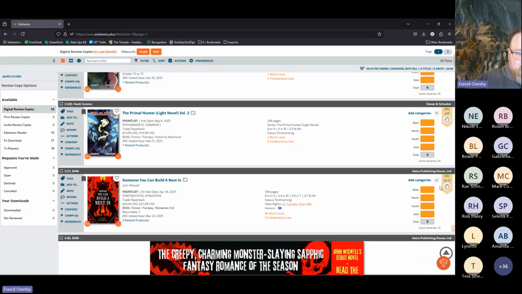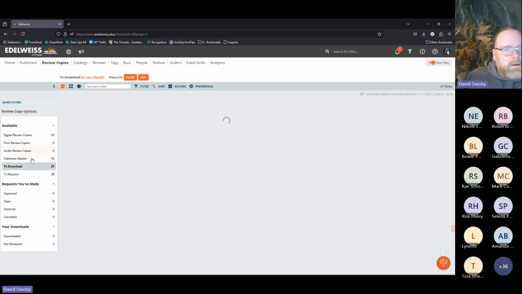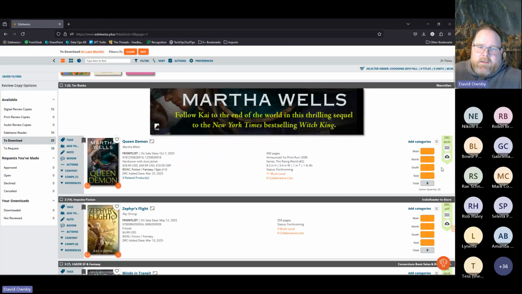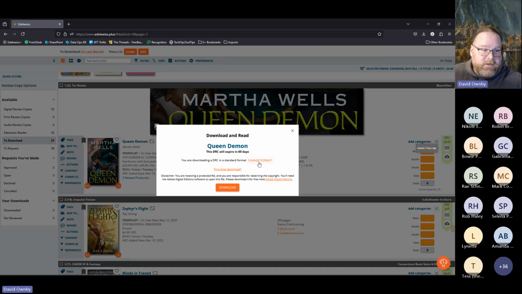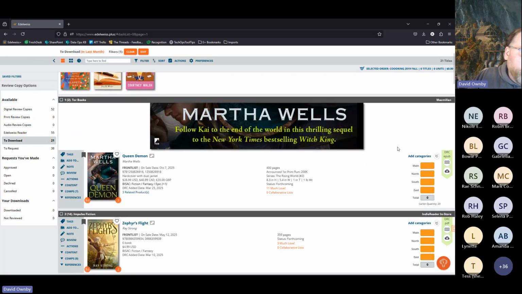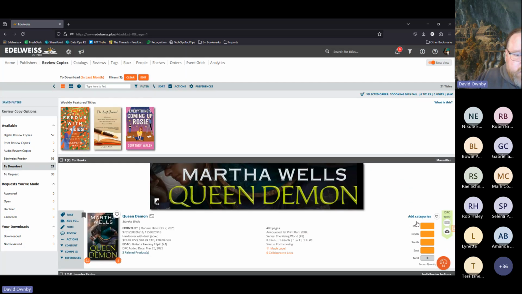So if you see that hand icon, it always means that you are going to be submitting a request, which you can see here, there are a total of 38. If you see this logo, it's a much more pleasant green when it loads. This means that this is available for download immediately. If you see this cloud icon, that can be sent immediately to whatever device you want. You can download it typically as Adobe Digital Editions. We do also support Kindle. We also have a new option, or relatively new, it's only a couple of years old at this point, called